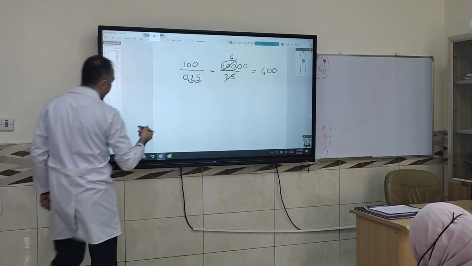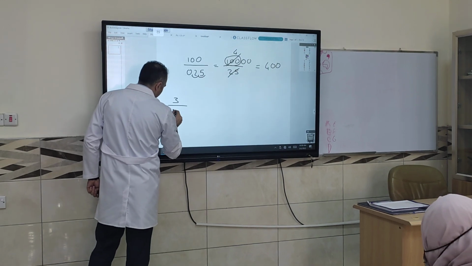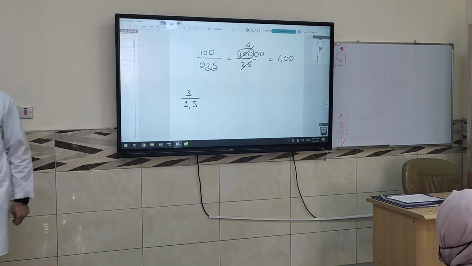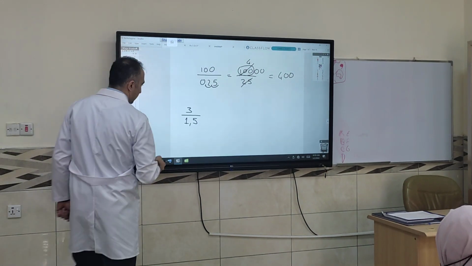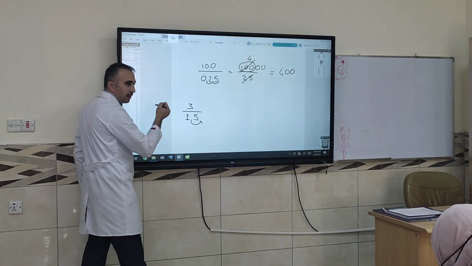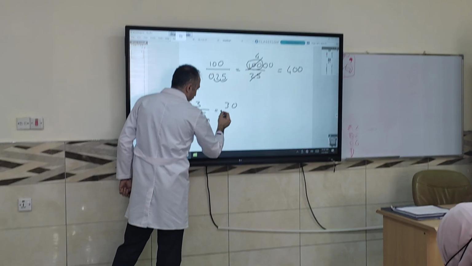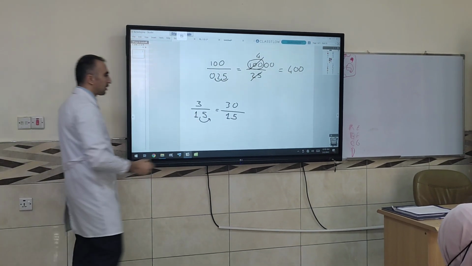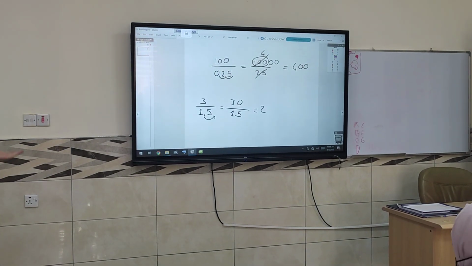Yes. Okay. 3 over 1.5. It's easy, but it's a little bit different. We will move the decimal. Yes, the decimal. 1 time, right? Yes. Then add 1 zero to the upside. It turns into 30 over 15. So the answer is 2. This is easier, I think, but